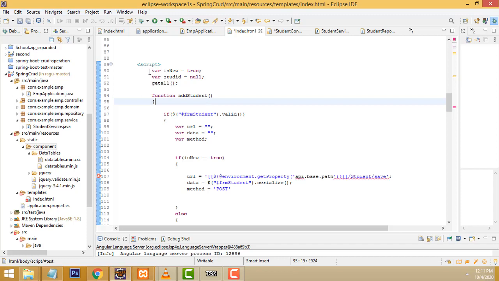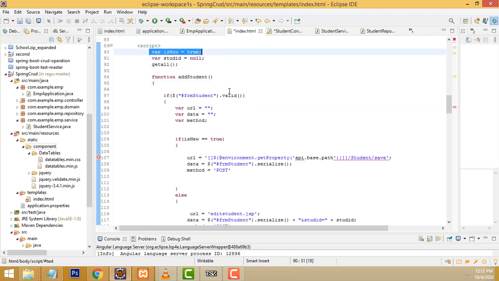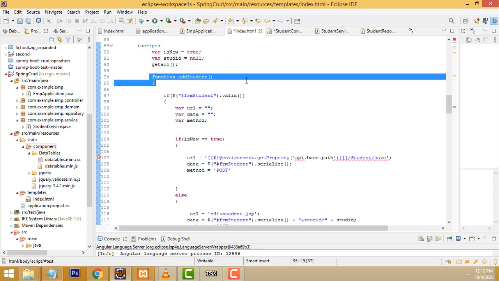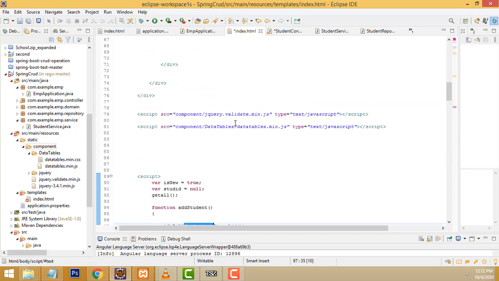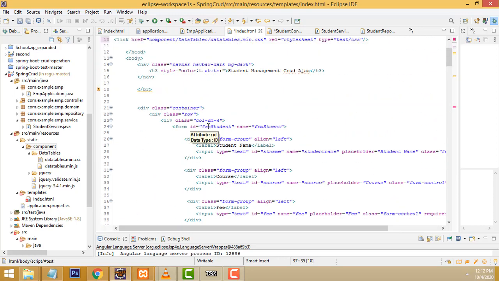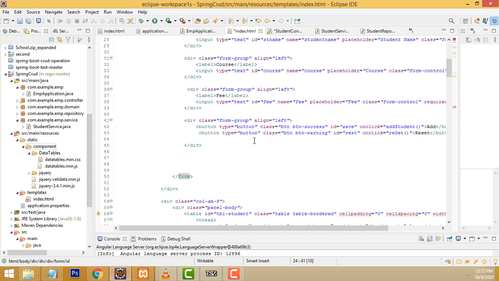Get all function, right? First I have to set isNew to true, right? Here first I have created the function add student. Whatever, if form student dot valid. What this function does here, this is the form ID for student, right?